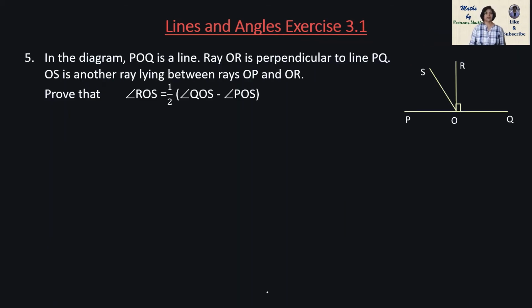Okay. In fifth question, in the diagram, POQ is a line, a ray OR is perpendicular to line PQ, OS is another ray lying between rays OP and OR. So prove that angle ROS equals 1 by 2 into angle QOS minus angle POS. So here in the diagram, POS is a straight line and this is 90 degree. This is of 90 degree. So what we can write, this is also 90 degree, isn't it? Yes, it is. So here we can write